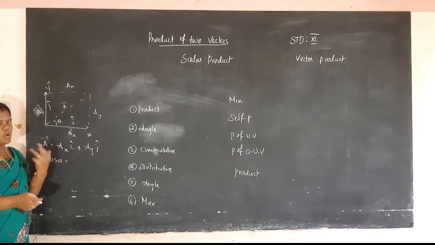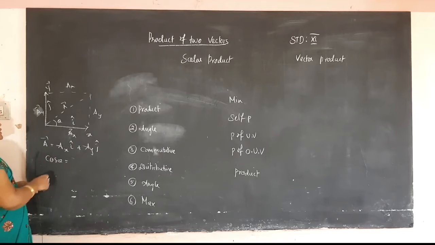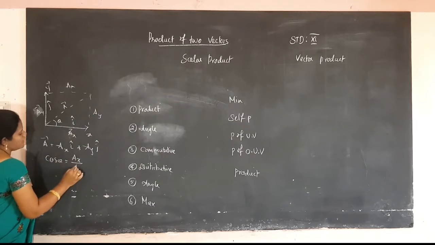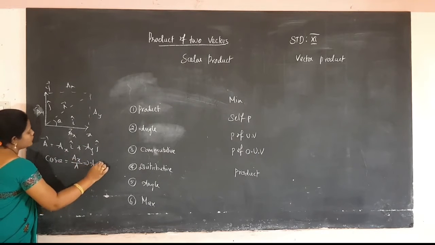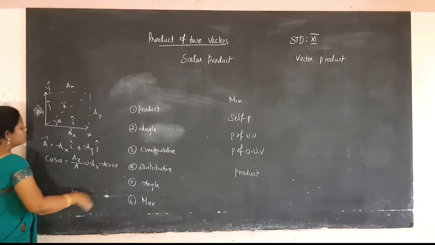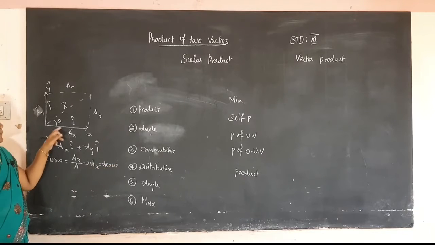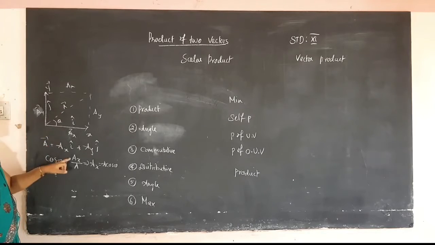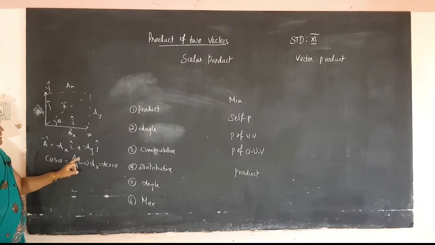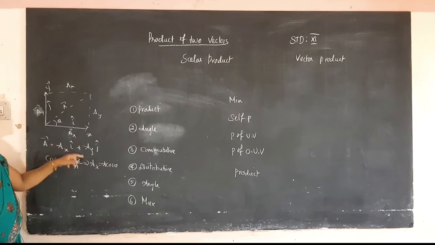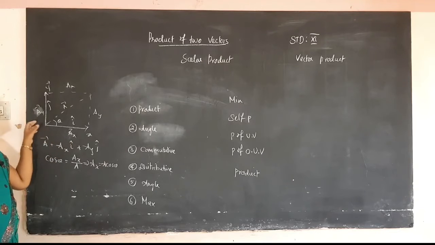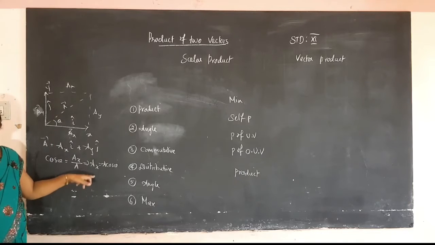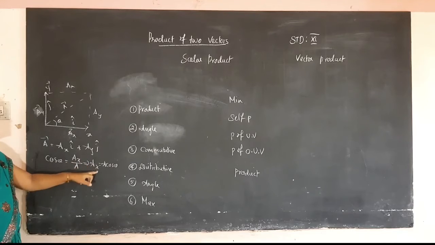So how will you calculate the cos theta value? Cos theta is equal to adjacent side by hypotenuse. The adjacent side is ax, the hypotenuse is a. So ax by a is cos theta, that is ax is equal to a cos theta. Clear? This is the angle denoted when the vector moves along the x y axis. So the x component of a is equal to a cos theta.